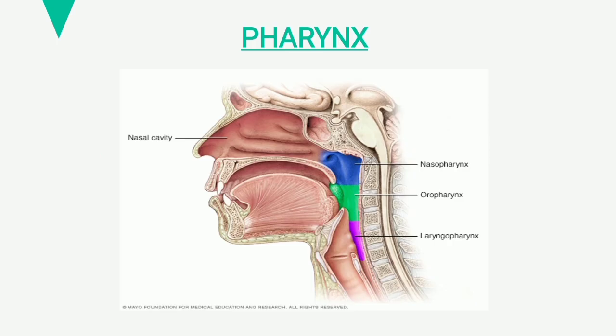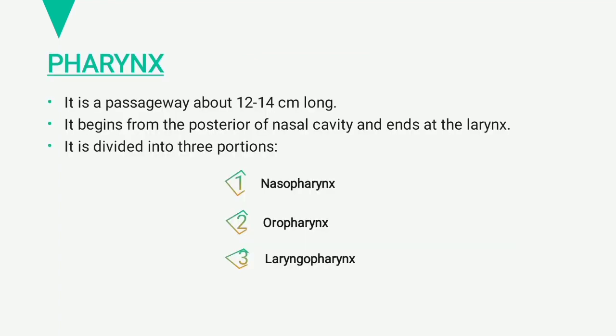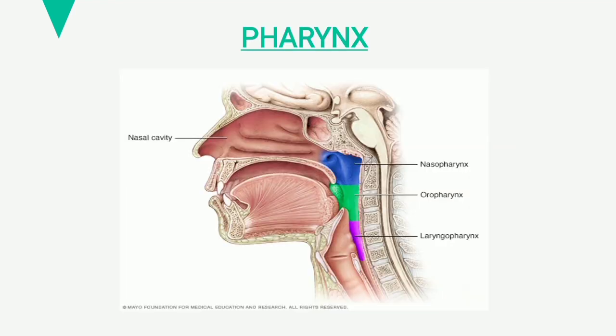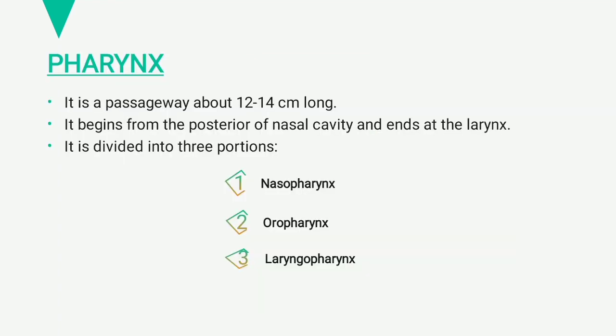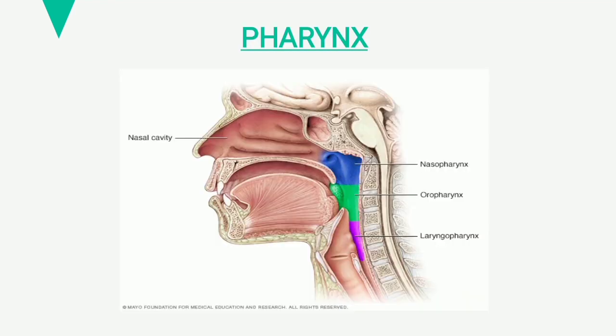Let's talk about the pharynx. It is a common space for both respiratory and digestive system. It is a passageway about 12 to 14 centimeter long. It begins from the posterior nasal cavity and it ends at the larynx. It is divided into three portions: nasopharynx,